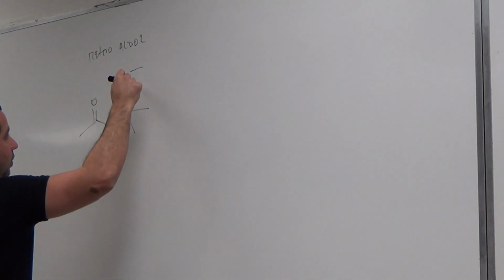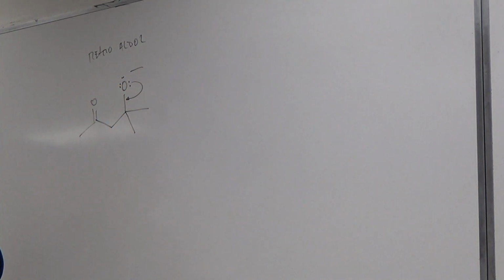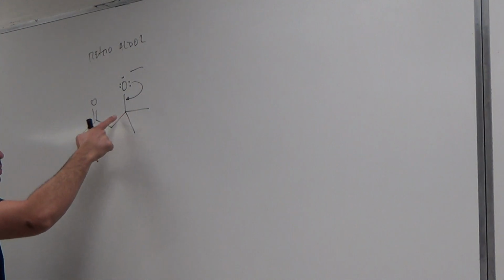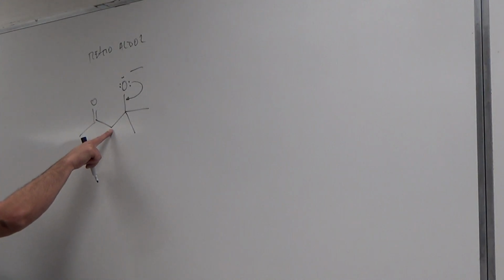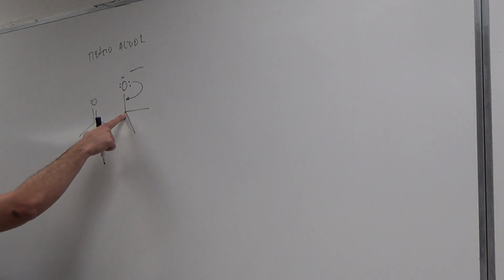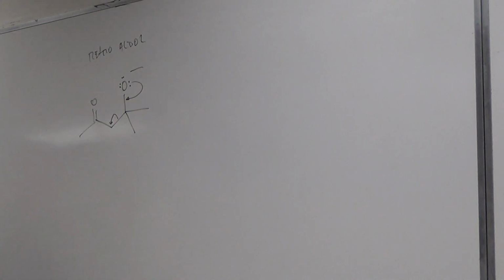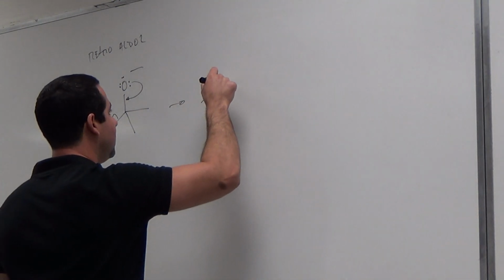So what is going to happen is this. That is going to make a double bond there, yes? Which bond is going to break? The bond between the alpha position and where the oxygen is. You see it? So this bond is going to break. So how is it going to break? This bond is going to give 2 electrons to that carbon. So what this is going to give you is